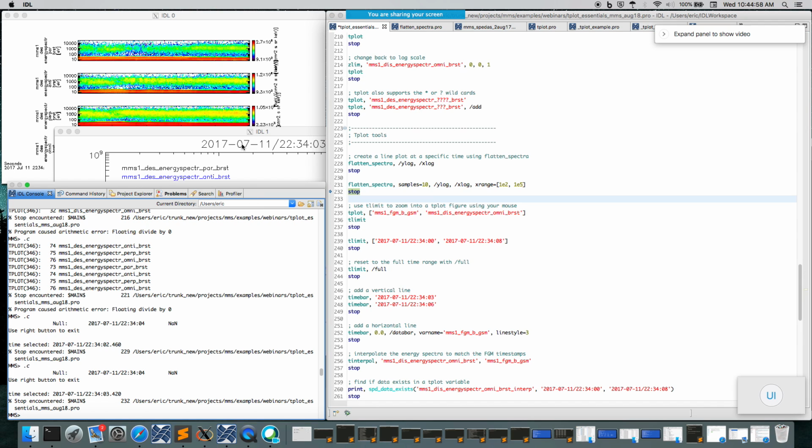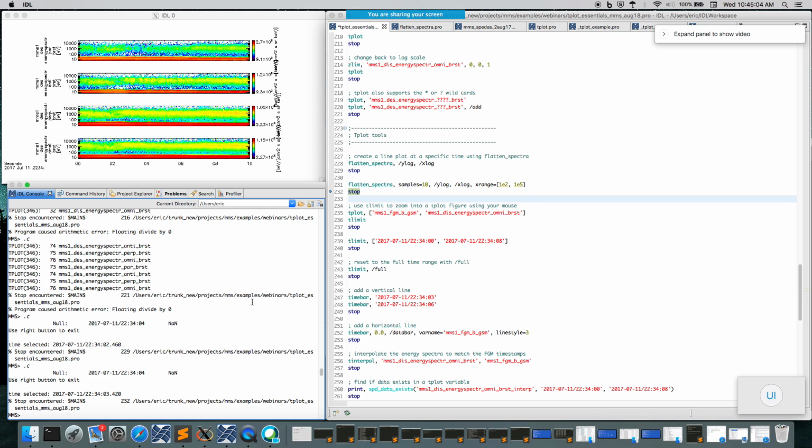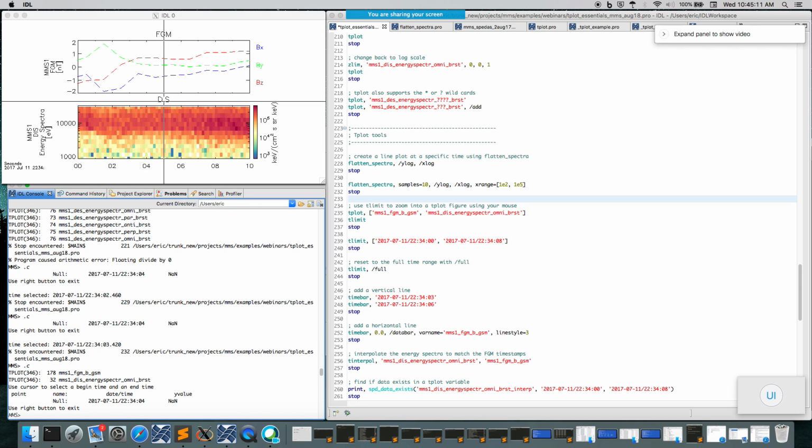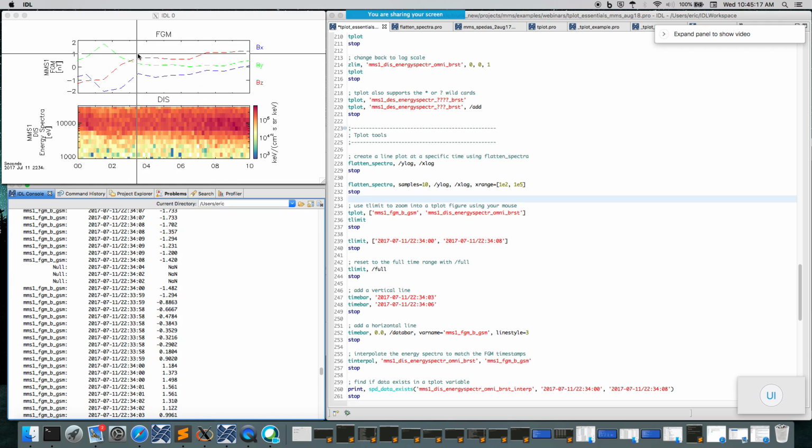And another routine that allows you to interact with Tplot windows is called Tlimit. This allows you to zoom in to a current Tplot window. So in the next example, we're going to plot FGM data and energy spectra data and call just Tlimit without any arguments. And what that does is open again the ability to